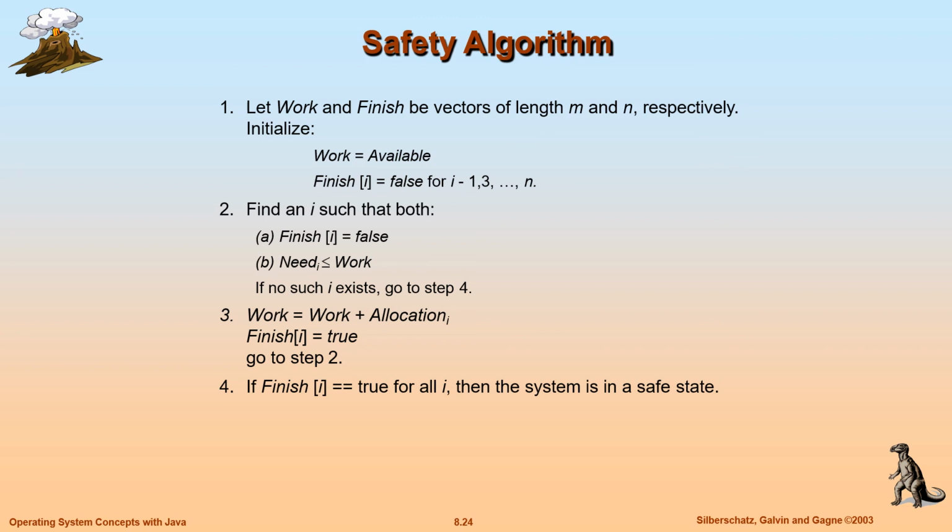If no such i exists, go to step 4. Step 3: Work equals Work plus Allocation[i], Finish[i] equals true. Go to step 2. Here, find an i such that both Finish[i] equals false and Need[i] is less than or equal to Work. Then the system is